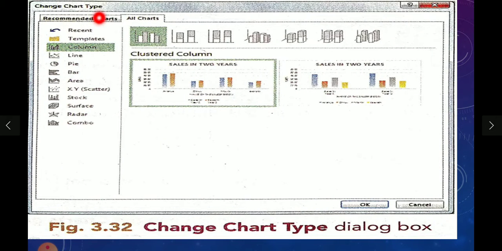See children, we have the Change Chart Type option in our dialog box. There we can select so many types of charts. We can observe here column chart, line chart, pie chart, bar graph chart, area chart and so many types of charts are available. If there is a pie chart in our window, we can just select the Change Chart Type option, and if we choose the column, it automatically converts into a column chart.